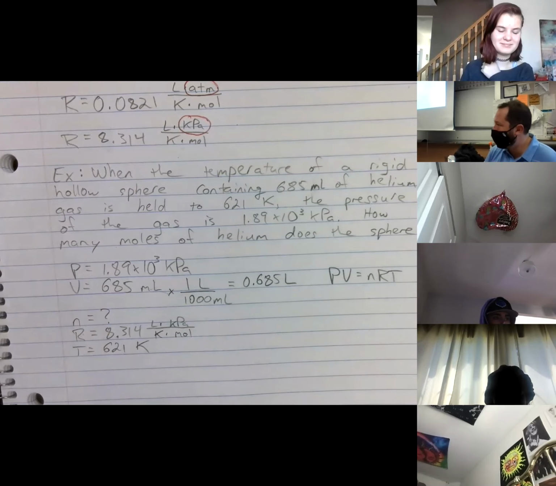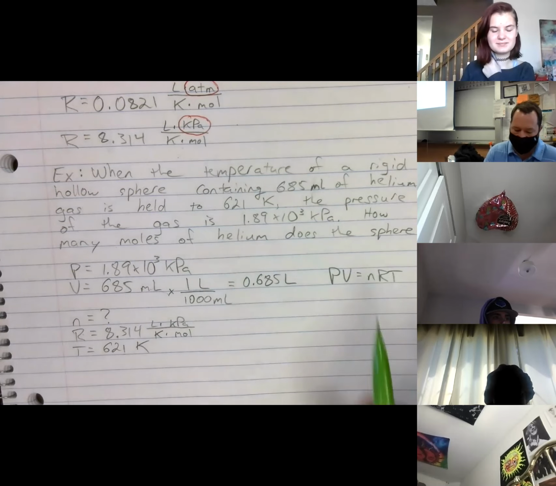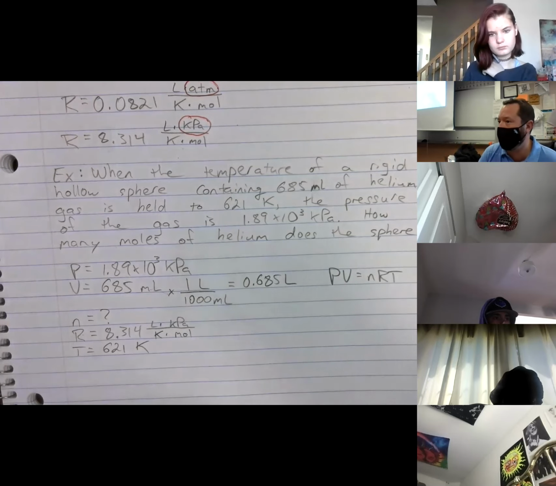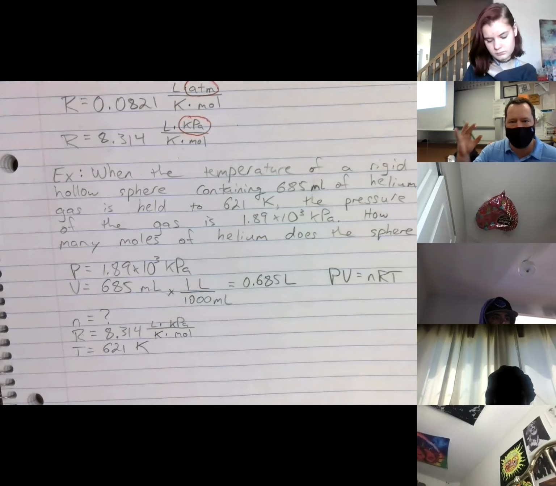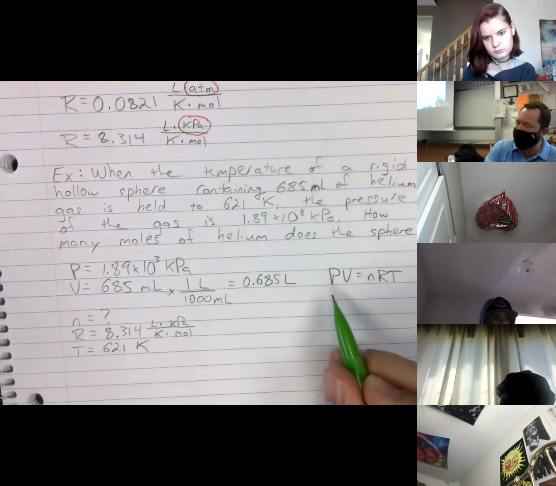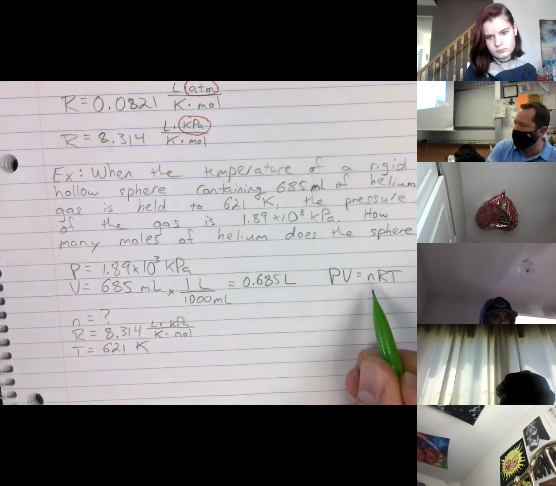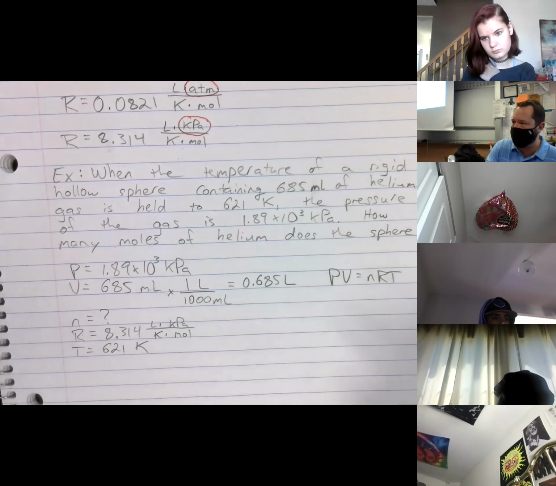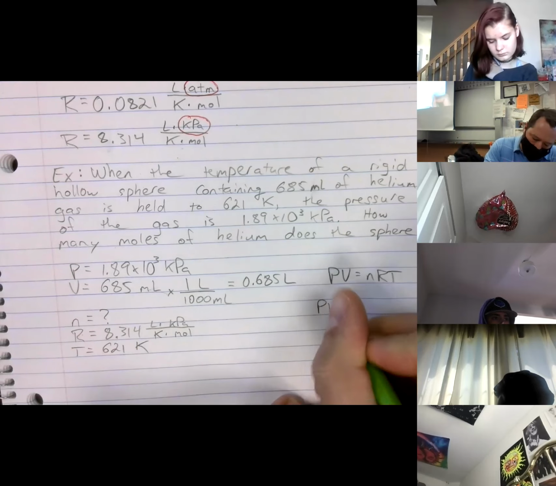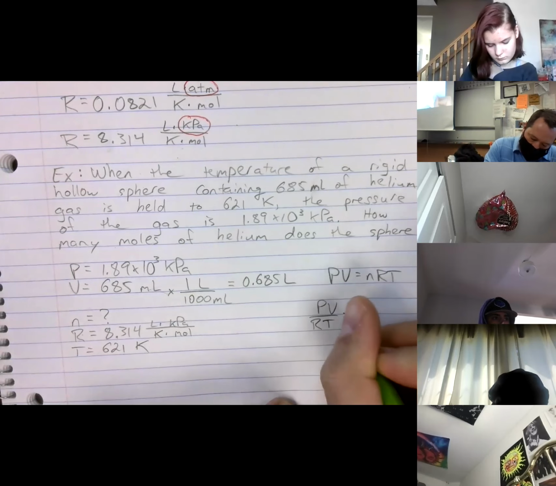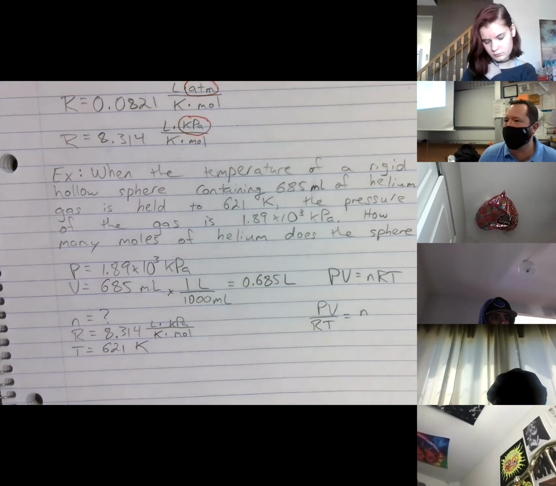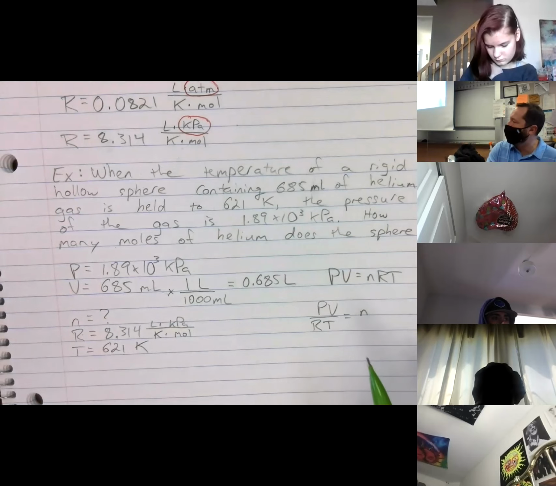PV = nRT. Again, guys, my biggest recommendation, isolate your variable first. We are looking for n. Let's get that on the side by itself right now. Let's not start throwing numbers at it. That just gets way too confusing. So I have P times V is equal to n times R times T. The opposite of times R times T is divided by R times T. So if I divide both sides by R times T, I'll get them off the right. Now I've got my n on the side by itself, and that means I'm ready to plug in my variables